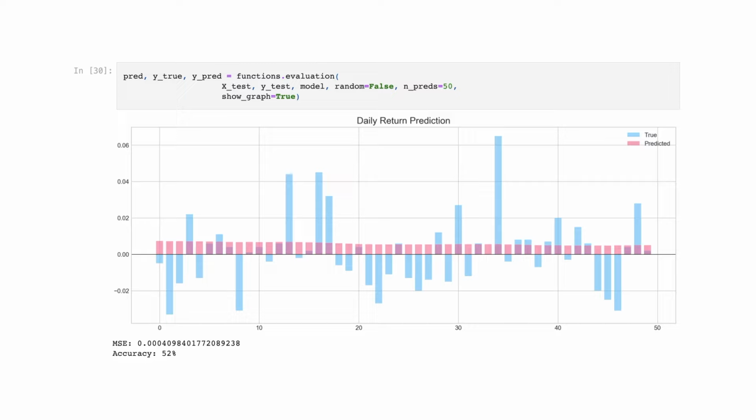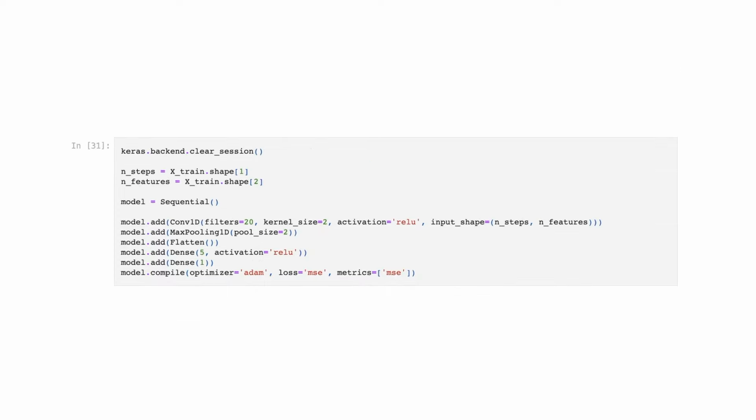The network wasn't able to pick up the underlying patterns. Prediction is roughly 50%, which is same as random guess. 2. Convolutional network